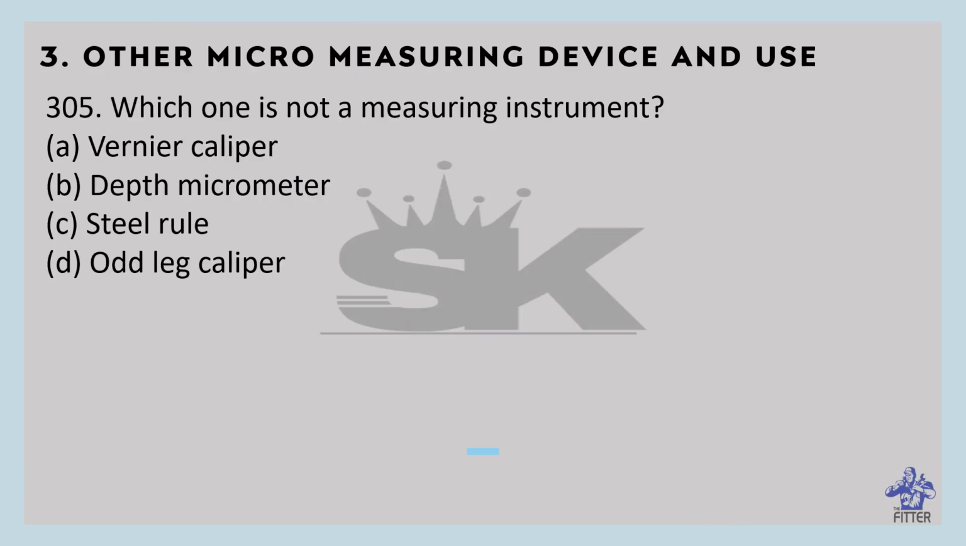Which one is not a measuring instrument? So that is option D, odd leg caliper. Okay, odd leg caliper is also known as Gini caliper or hermaphrodite caliper. We discussed that in the previous classes. Okay, it is a marking tool, not a measuring tool. Okay, it is used to draw parallel lines or find the center of the cylindrical bars. Okay,